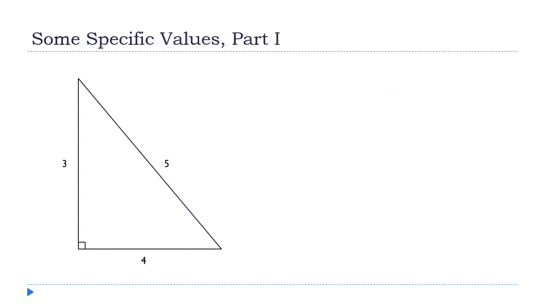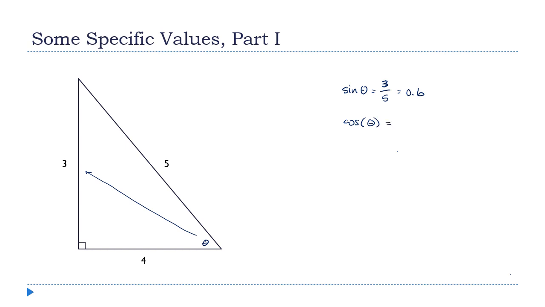Okay, so let's look at an example. First, we need to pick an angle. If we call this one theta, then let's see. The sine of theta is equal to the opposite side's length. That's 3, here's the opposite side, divided by the hypotenuse, that's 5, or 0.6. All right, now the cosine